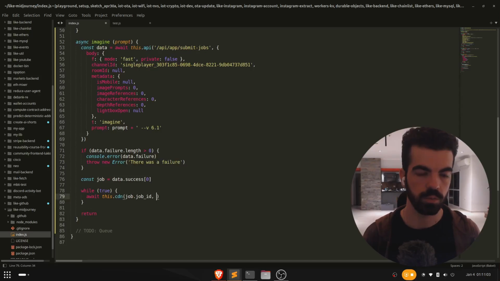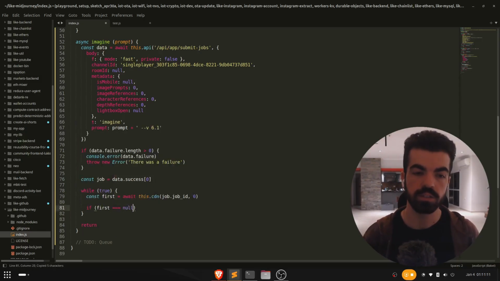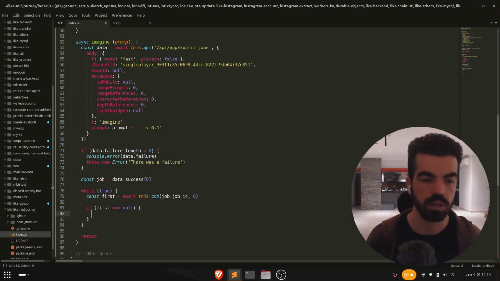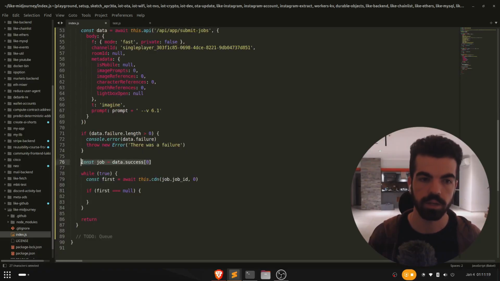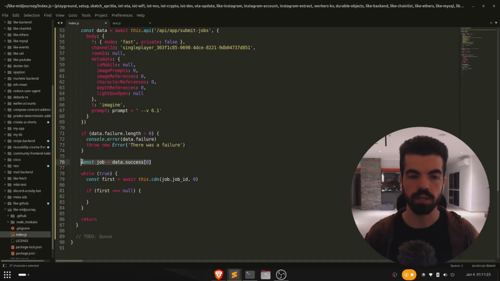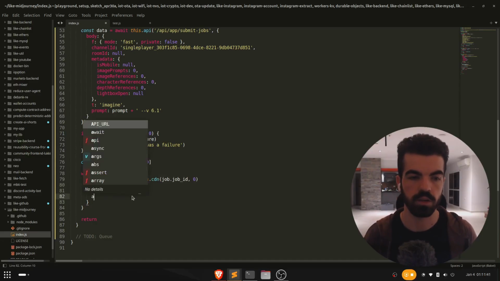And here we are going to get this 0. So if it says null, this is very cool because we are saying submit the shop. Now we have a shop. Now it's in progress. The 4 variations are in progress. Now we have to wait until the images are done being generated. So here we are saying, in a loop, for an undetermined amount of time, we are going to get the first image. If it doesn't exist, then we are going to